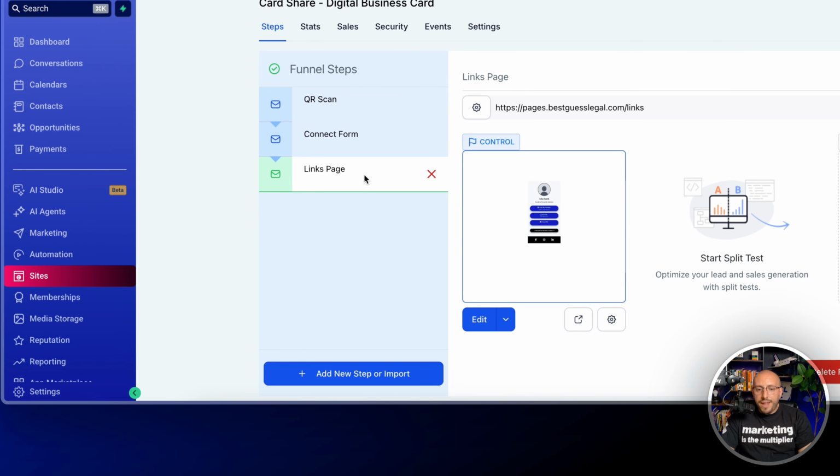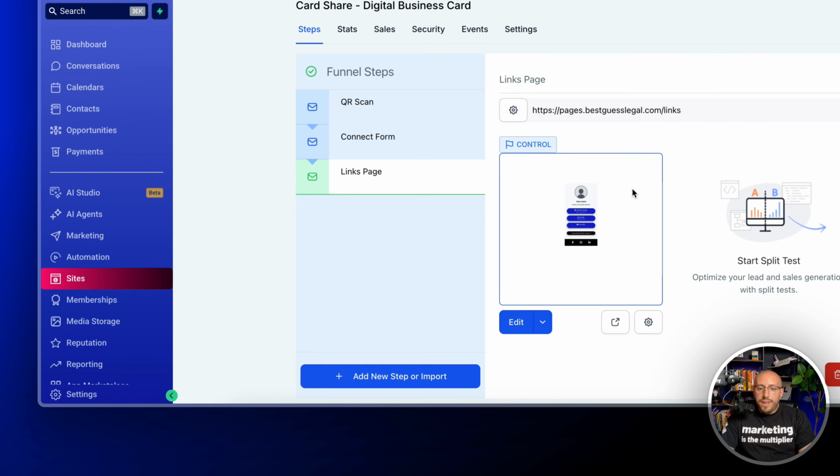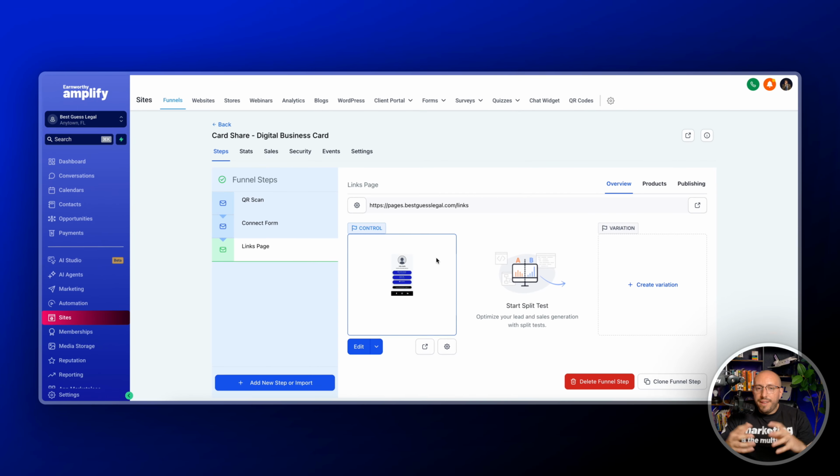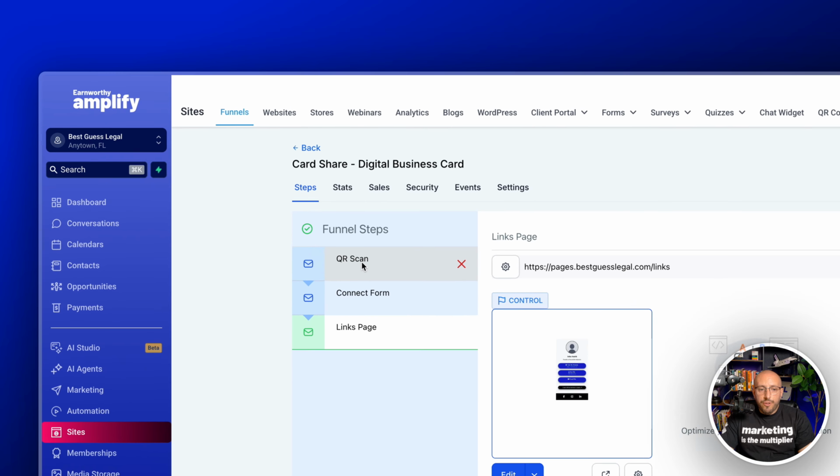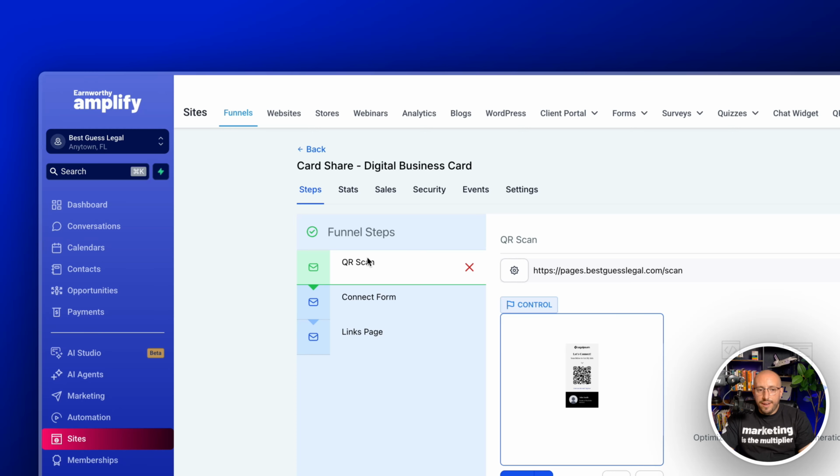And then the third page is what would be sort of like a link tree, or basically just a collection of different buttons and links, and it's fully customizable. So if you want to give people easy access to your social media URLs, your calendar booking link, your phone number, your email address, all of that happens on the links page. And all of this is tied together in a very intentional way, and I'm going to show you how to customize all of that. So the first thing we want to do with the QR scan is click on that